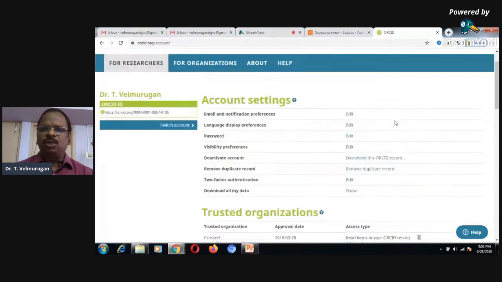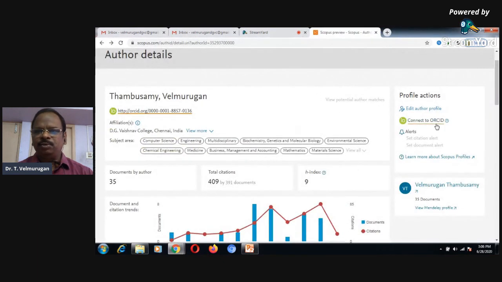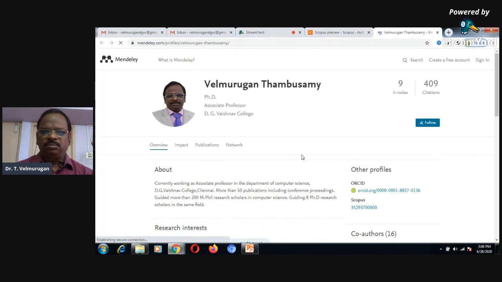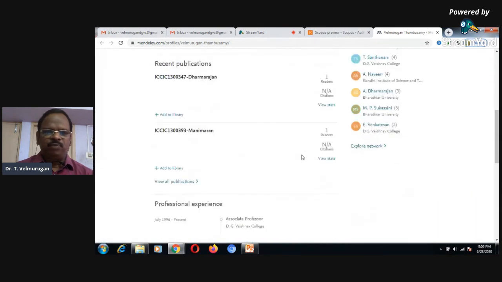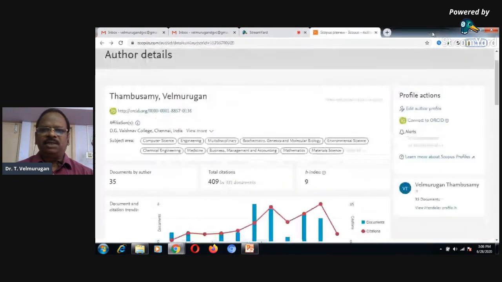So your entire database is actually converted into the ORCID database. This is very simple. 35 documents are available here. This is another profile. All these papers are automatically transferred to the ORCID database.